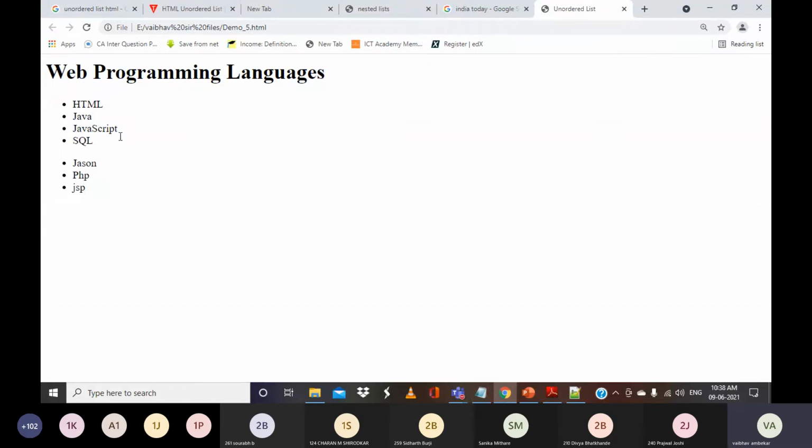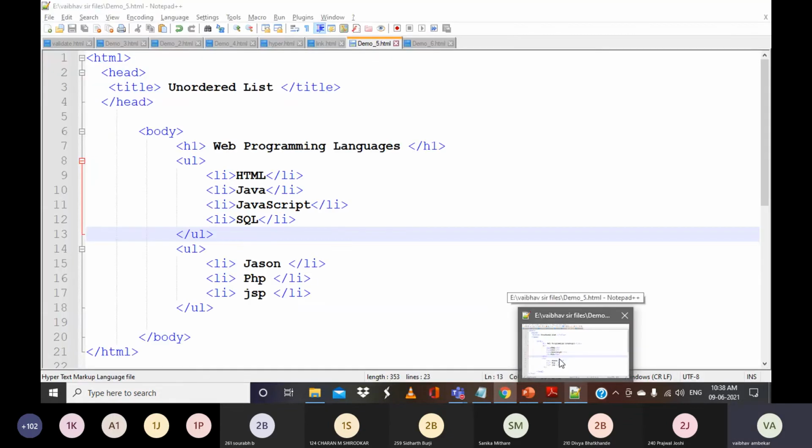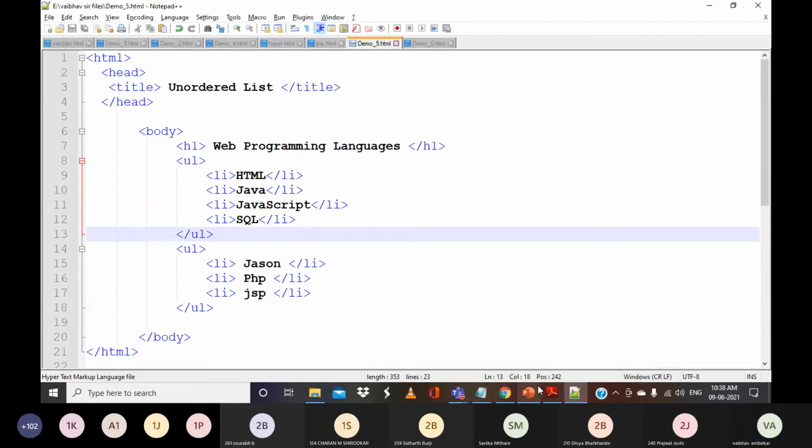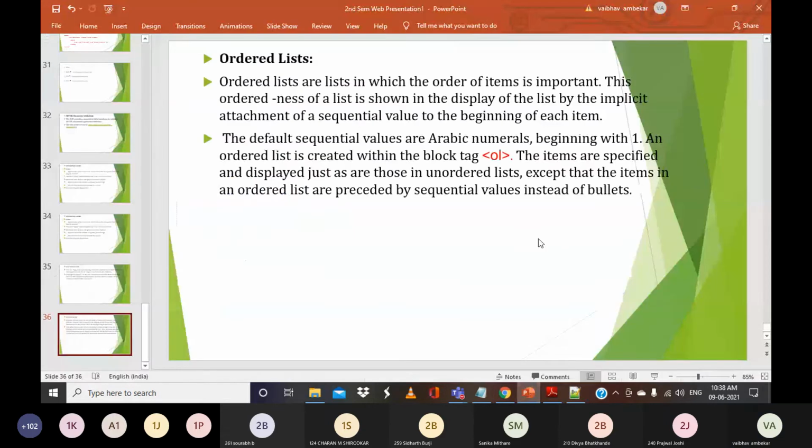But in the case of the ordered list, every list item will have a unique number. It will start with 1, 2, 3 and so on. The default sequential values are Arabic numerals beginning with 1.